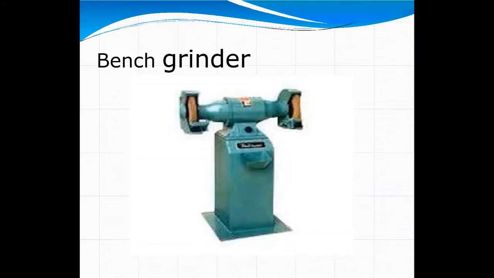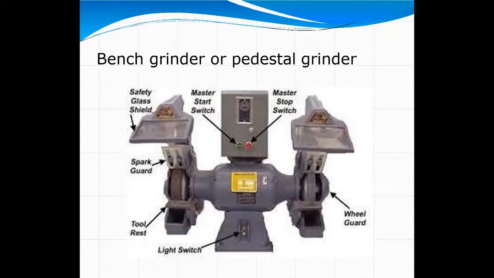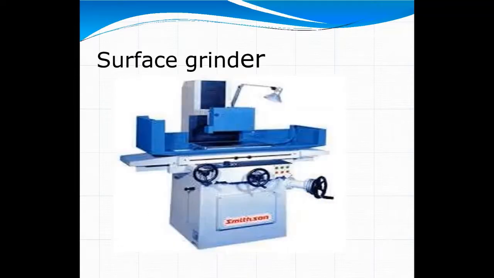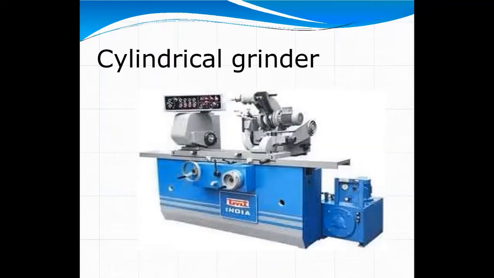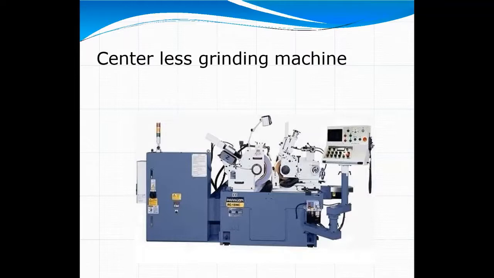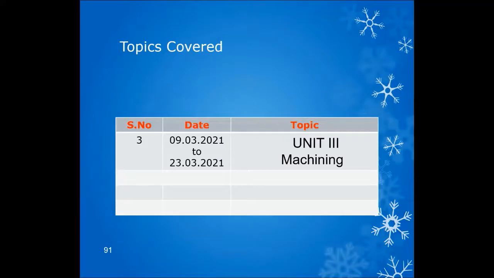Hand grinder. So hand grinder is normally utilized in the welding shop for making the small operations. Bench grinder. So bench grinders are also used to sharpen tools or smoothen them with the help of the bench grinder. Surface grinder is used to make the surface smooth. Cylindrical grinder. So it is used to make the cylindrical operations. Centerless grinder. So there is no need to make exact center.